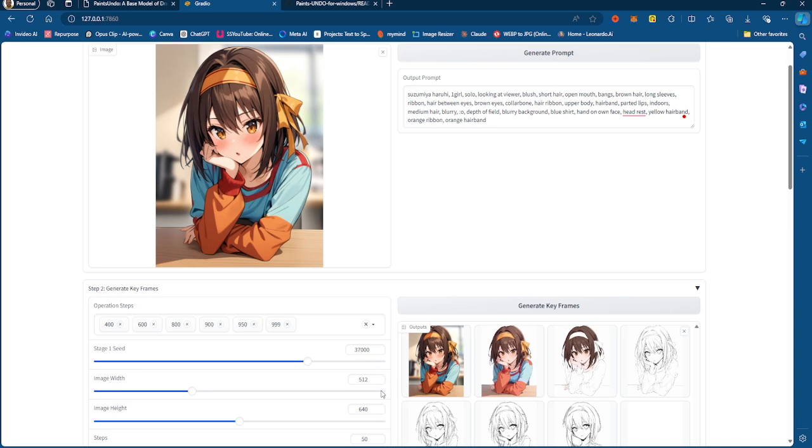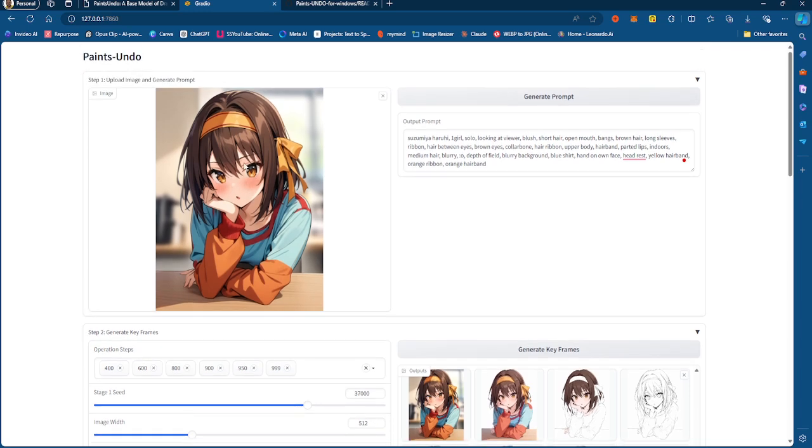So let's say it took you 100 steps to create this image, right? So 100 different line strokes, and you press Control Z and then you play the video in reverse, right? Then essentially the operation steps,